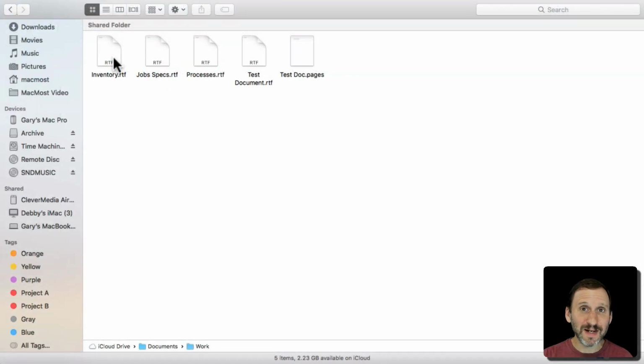So another popular command I see on Windows is using F2 to rename a file. You don't need to do that on Mac. All you need to do is select the file and you can click in the file name after it's selected and now you're in edit mode. You can edit the file name. Another quick way to get there is hit the return key and it immediately goes into edit mode for the file name for the file that's selected.